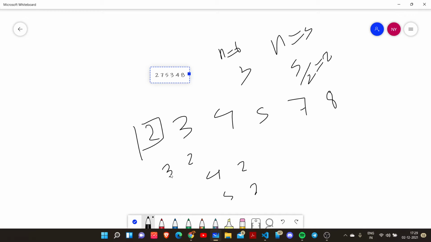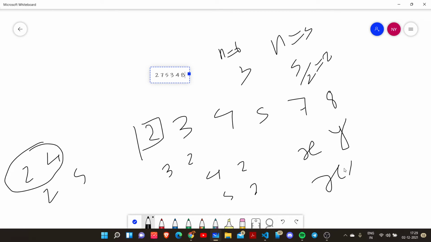And also look here, we are making pairs like 3 2, 4 2, 5 2, not 2 4. If we make 2 4, then maybe the remainder will be present, and then we can't say whether the remainder will be present or not. We will have to check. So we are making pairs like this with 2, because the question clearly mentions that if you are printing x y in this order, then x mod y should not be present. So here 3 mod 2 should not be present, 4 mod 2 should not be present, and 5 mod 2. 4 mod 2 means the remainder when 4 is divided by 2.